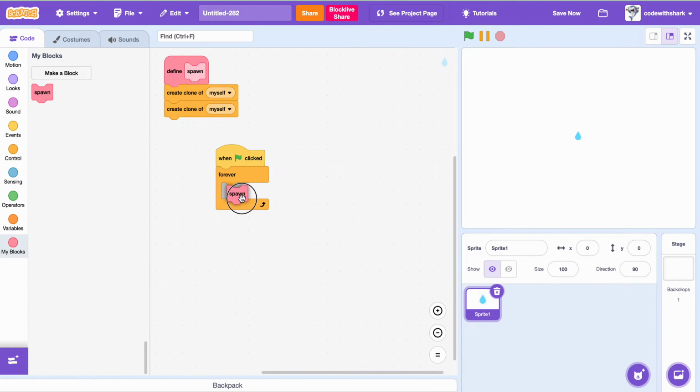When I start as a clone, show. And we also need to go to Y 200 and X. We need to pick random for -240 and 240. And then we need to do repeat until